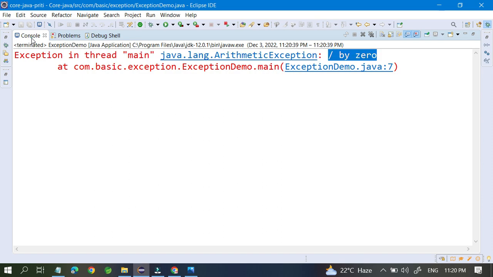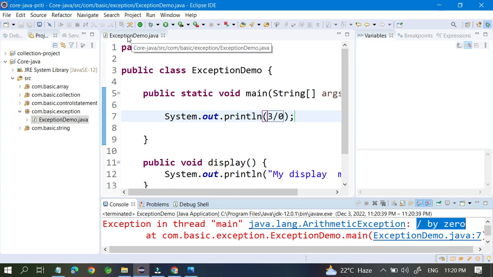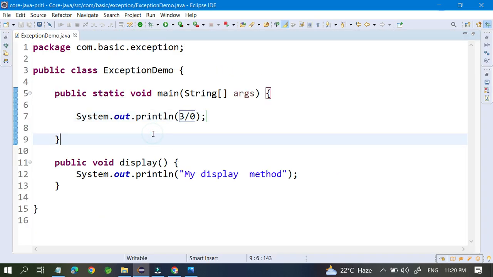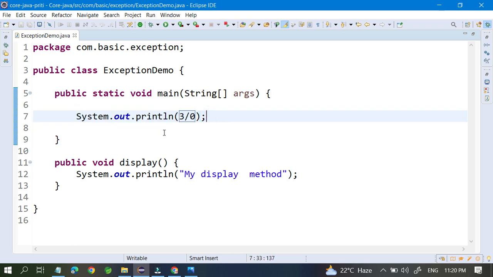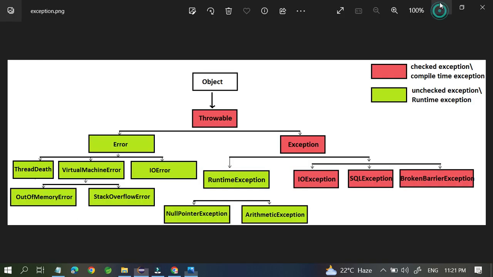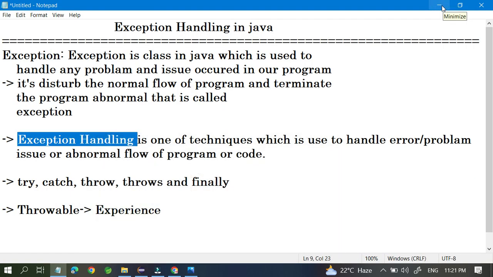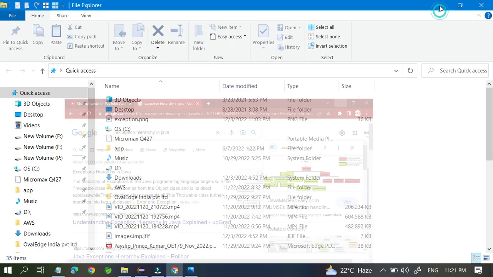So you can tell the interviewer when you are getting the null pointer exception and when you are getting the arithmetic exception. You have to explain what exactly happens behind it. If you don't tell them, they will not understand and they will reject you.